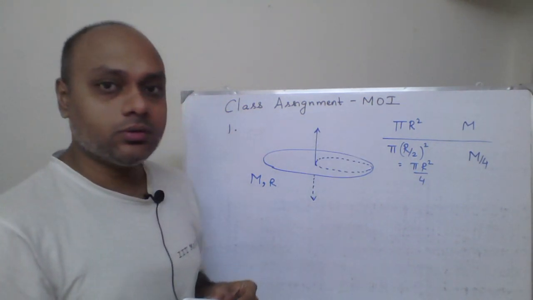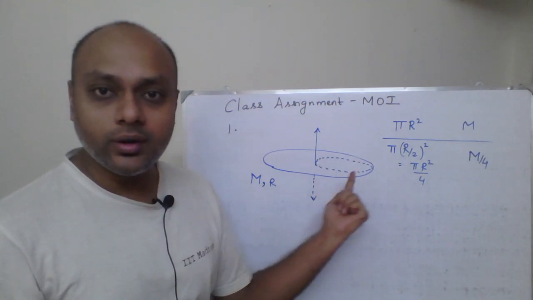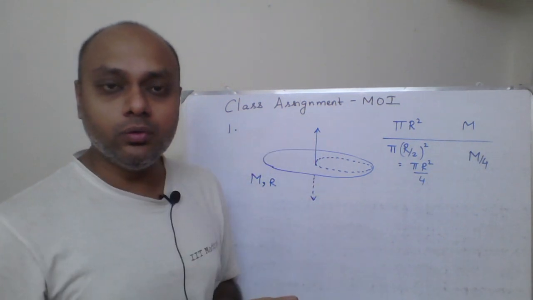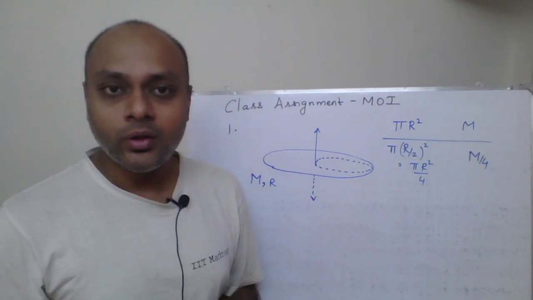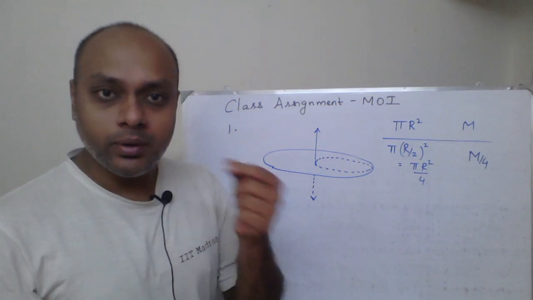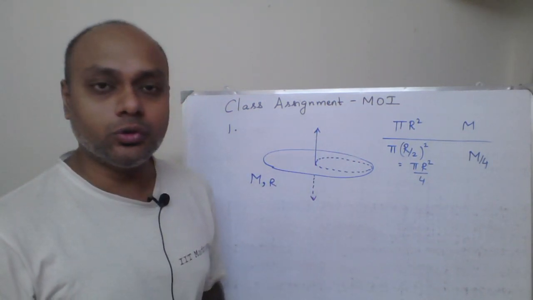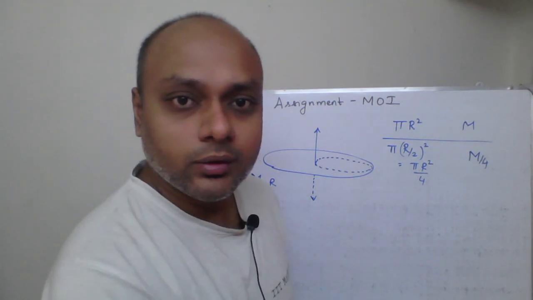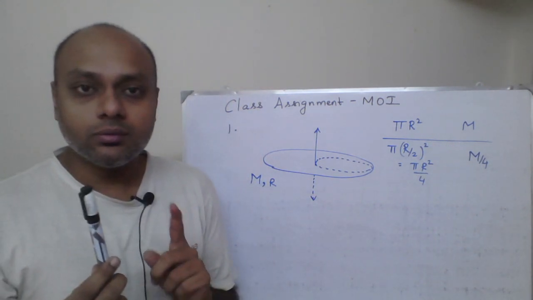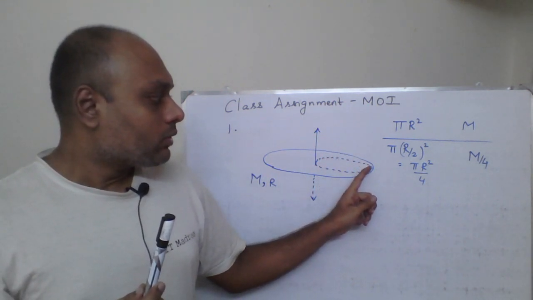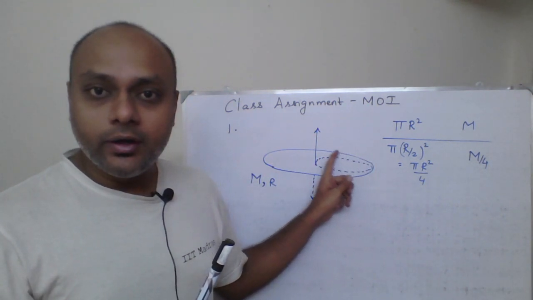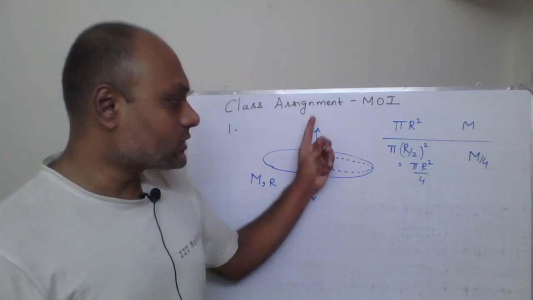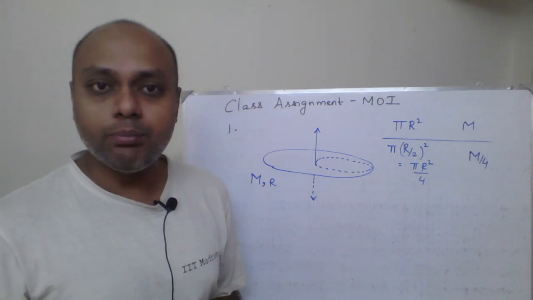About this axis, you remove this small dotted portion, that is another small disk, you carve that small disk and remove it. Once that disk is removed, what is the moment of inertia of the remaining disk about this axis is what you are asked to find. Alright, so we will approach this question by this method. You will find the moment of inertia for the full disk about this axis, which you should know is mr square by 2.